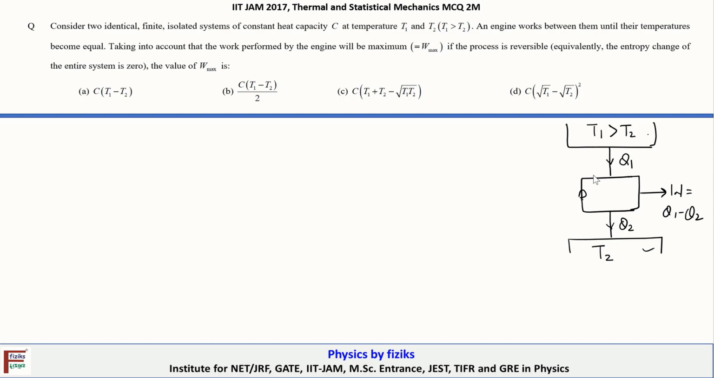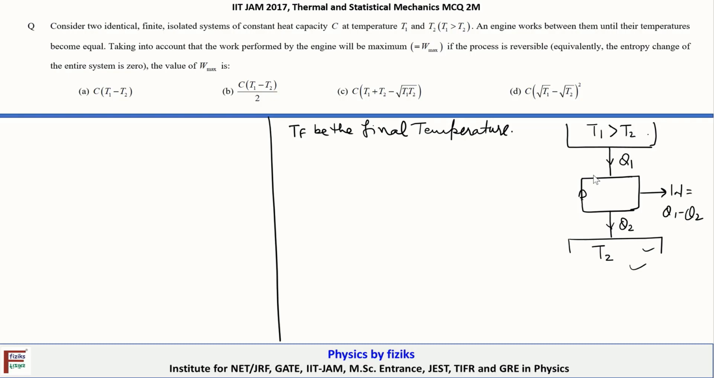Let's assume TF is the final temperature. What is that final temperature? When the working substance undergoes the continuous cyclic process, every time it will extract Q1 amount of heat from this reservoir, and it will eject Q2 amount of heat to the lower reservoir, and slowly after some time